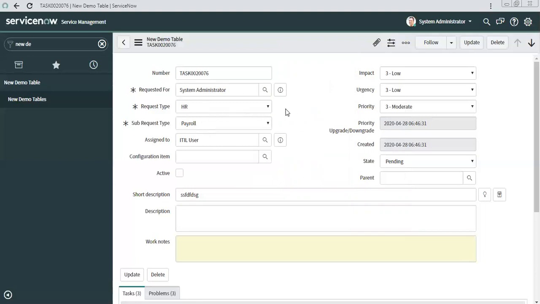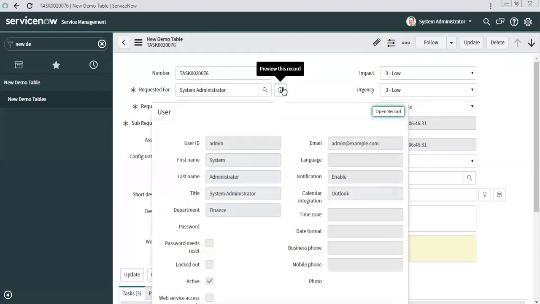So where does that information lie? That information is in the asset table or CMDB or anywhere, right? So you have to populate that here in one of the fields, let's say in this configuration item. You want the CI assigned to this user to auto-populate.